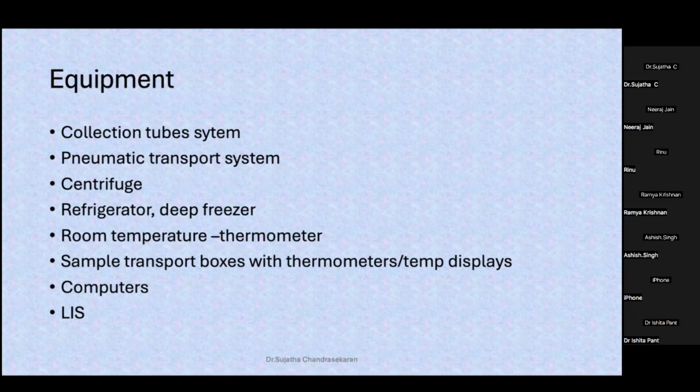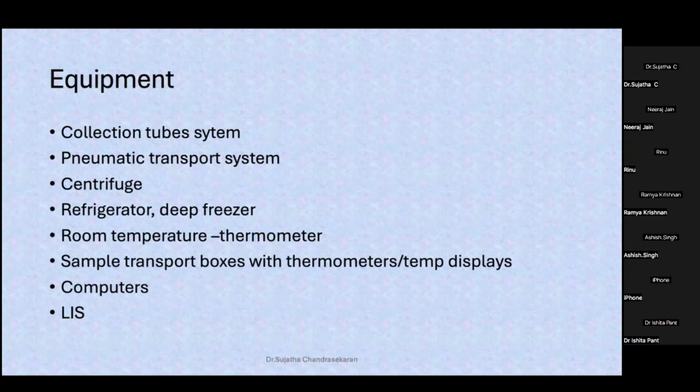Third, of course, is a centrifuge, if it is placed in a facility, especially for coagulation, where the collection facility has to centrifuge and send the plasma to the laboratory. So the centrifuge that is located in the facility. Then the deep freezer and refrigerator where the samples will have to be stored. Then room temperature. For most of the collection devices, it is said room temperature, and room temperature by definition is 15 to 25, right? So anything more than that